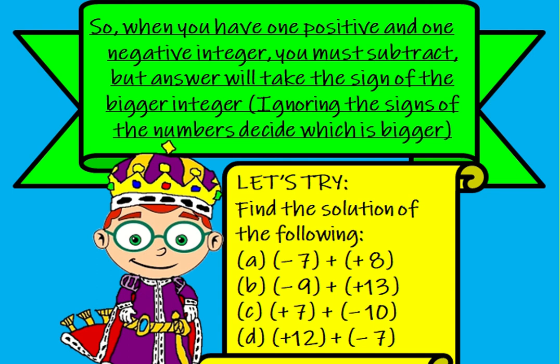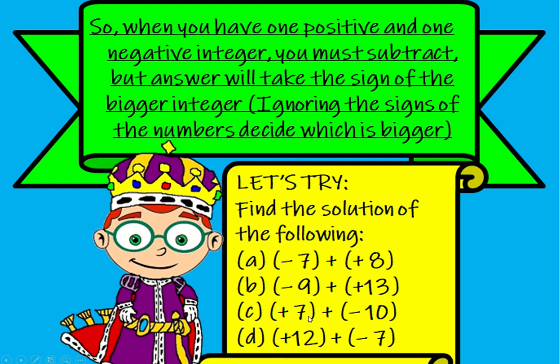But be careful about the sign at the end. Which sign will you put in the answer? As I told you earlier, the sign you have to take is the sign that is with the bigger number. As 8 and 7, we know 8 is bigger and 8 is with a positive sign, so the answer would be plus 1. In this case, minus 9 plus 13, both are unlike. The answer would be 4, but plus 4, because 13 is bigger and with a positive sign.